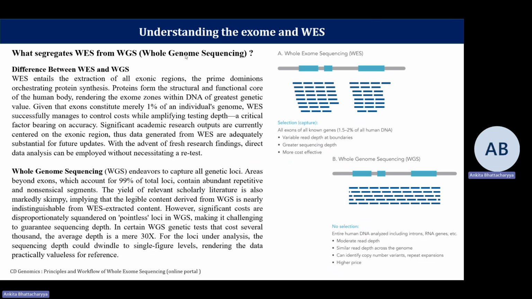In contrast, when we talk about whole genome sequencing, as the name suggests, of course, its objective is to capture all genetic loci. Areas beyond exons, which account for 99% of total loci, contain abundant repetitive and nonsensical elements. Now, please don't interpret this in any other manner. When we say nonsensical element, it doesn't mean that it doesn't have any role. Of course, it has some regulatory role. It gives the opportunity for the genome to undergo real-time editing, and by editing, I mean the fact that it can have sort of changes which make it